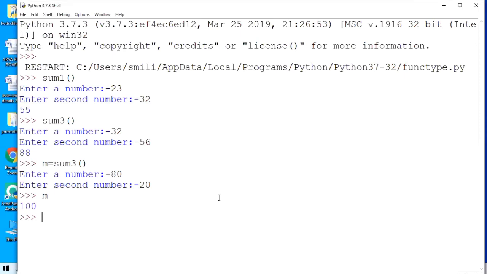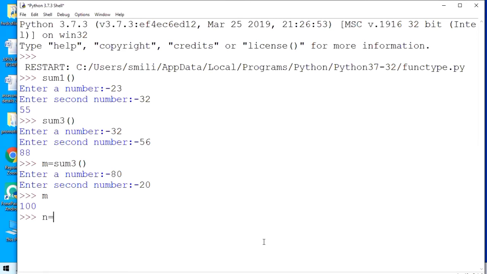Nothing is mandatory, beta. I am just repeating everything. You are having 4 tools. You can utilize any one. Nothing is mandatory. But when you are using a return type function, you can get the returning from the function and you can save it in some another value. Can we do the same with the sum1 function, which was a print function?